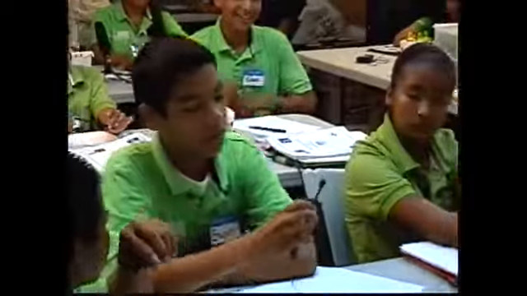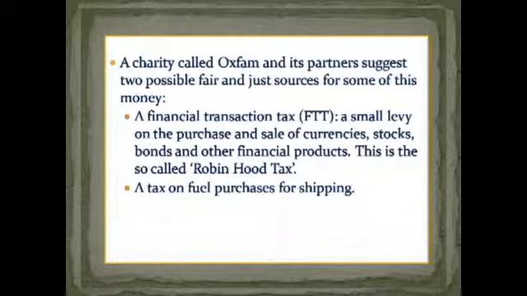Preferably read the story. What is the purpose of Robin Hood? Who was Robin Hood? Yes, Erwin. He was, well, they say he was a person who stole from the rich to give to the poor. And that is the reason why they call that solution the Robin Hood tax. Because you are going to take money from the wealthy countries to assist the poor countries. And you are going to do that through taxation.